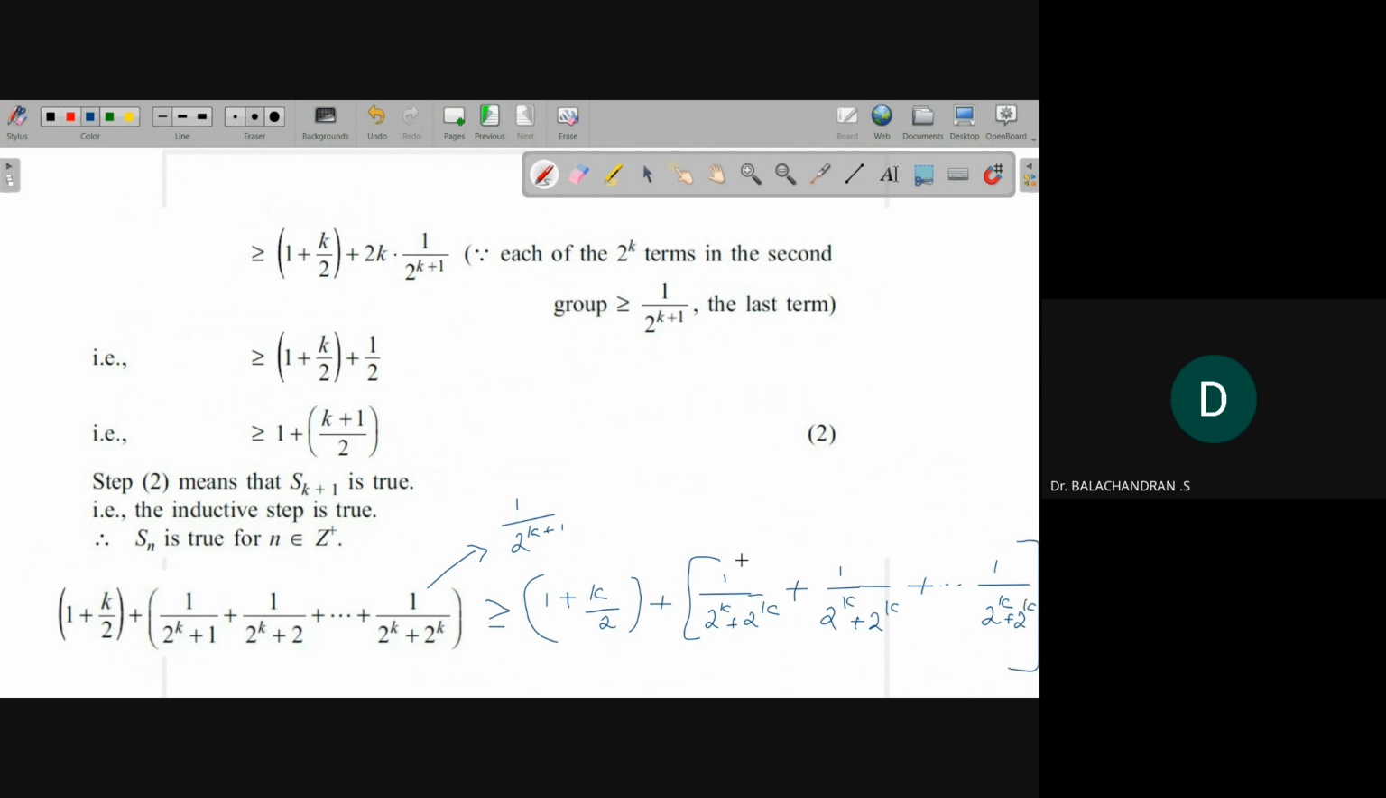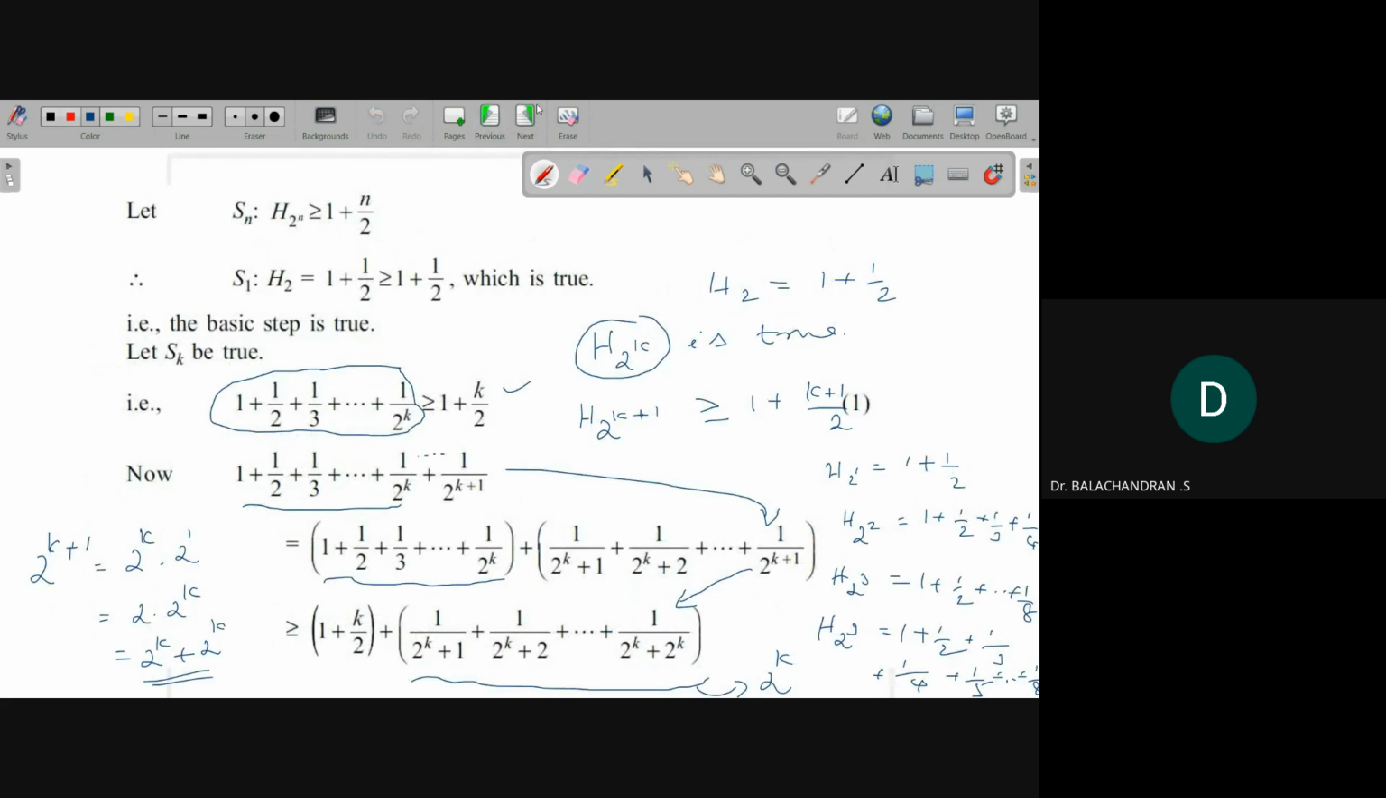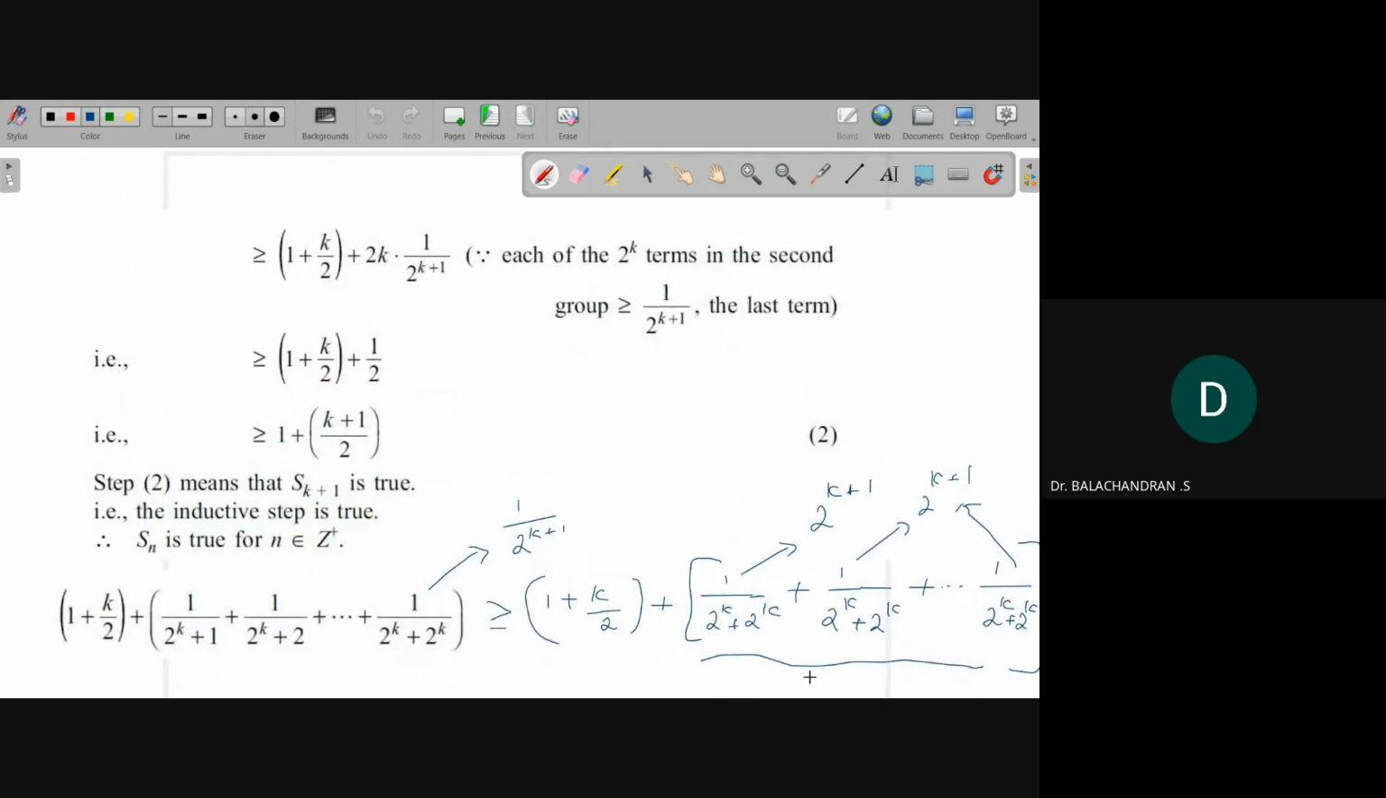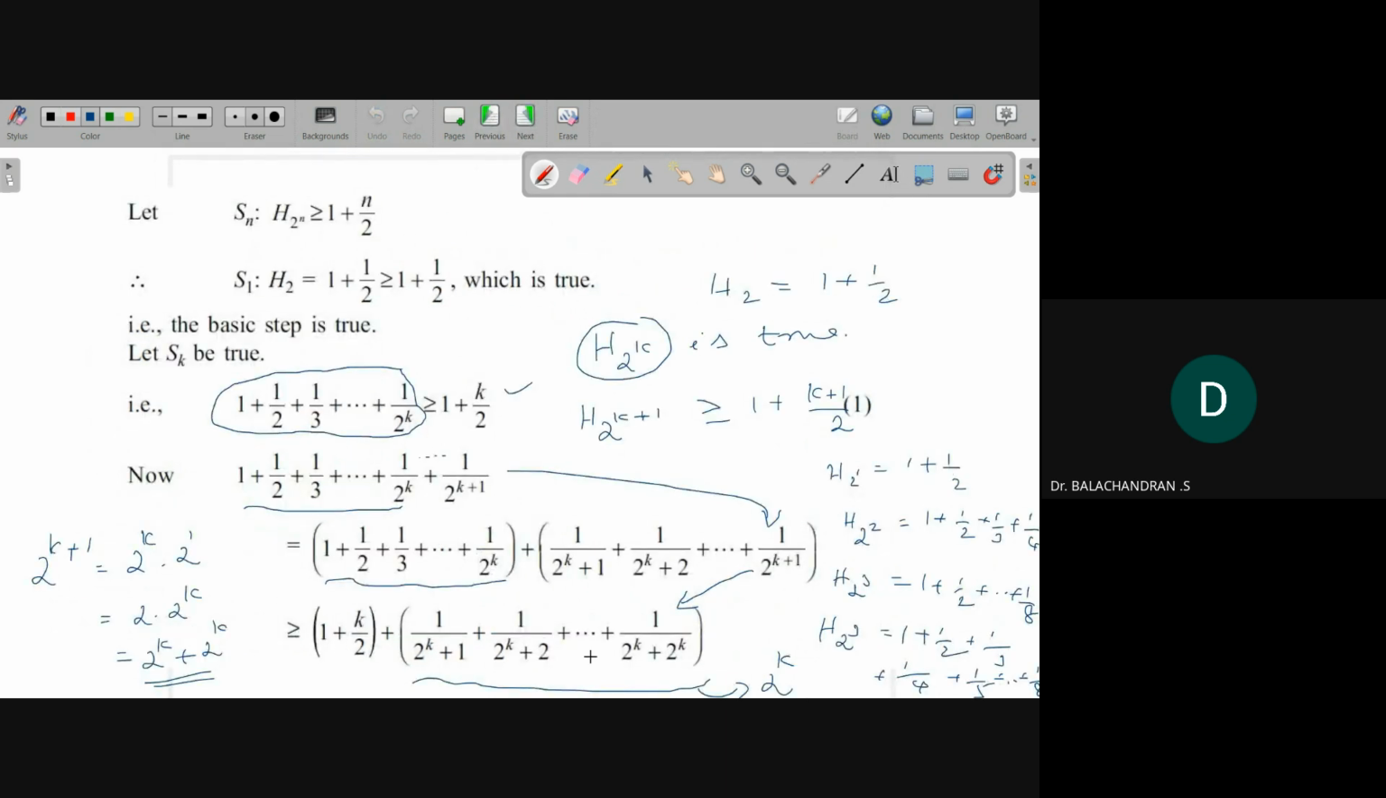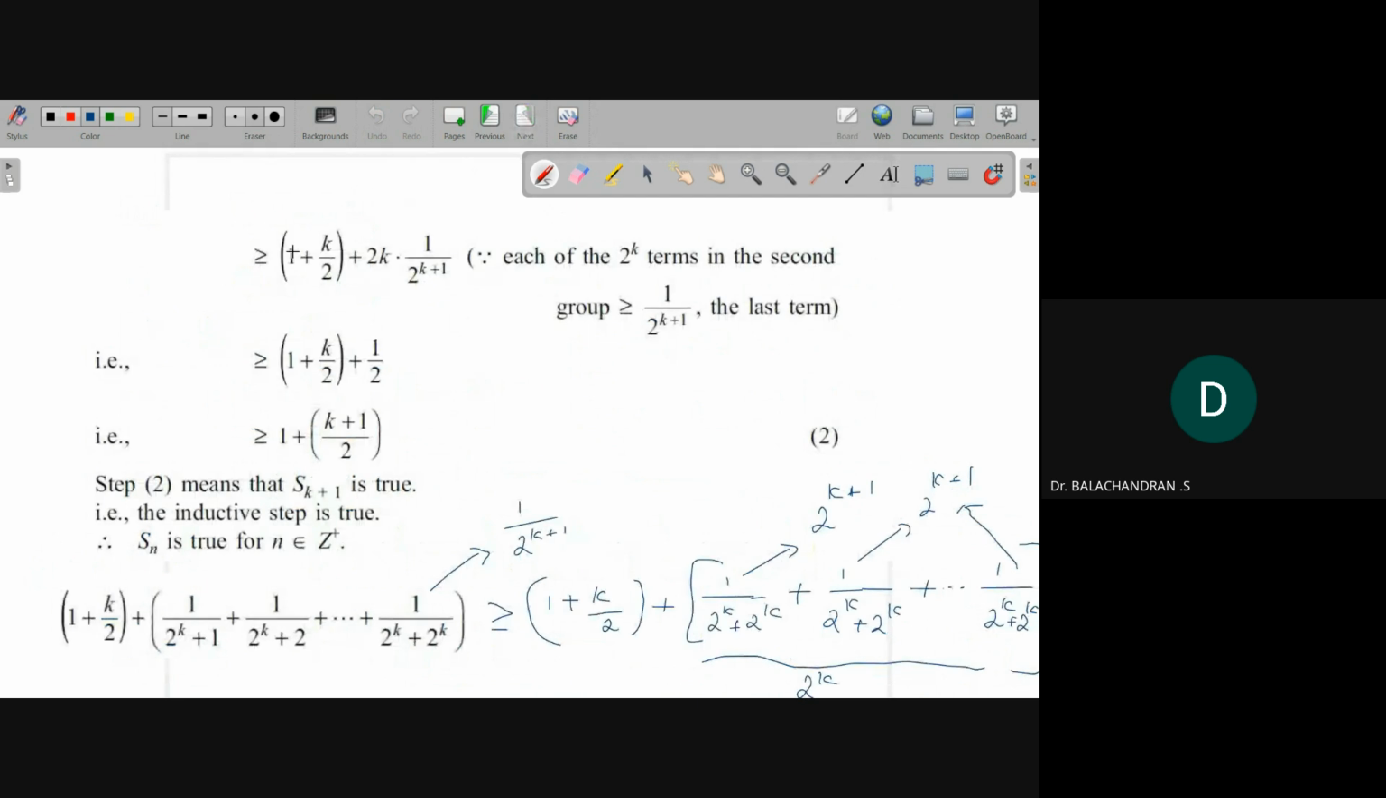Now we know that this is nothing but 2 power k plus 1. So each term is 2 power k plus 1. Totally how many terms did I tell you just now? Totally 2 power k terms. So that's why they write this expression is greater than or equal to first